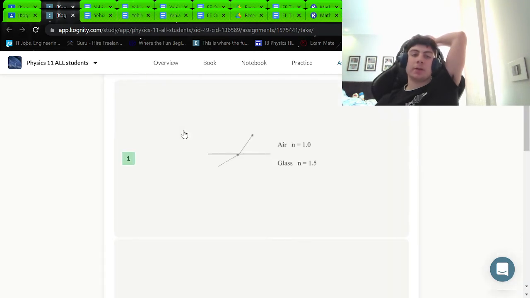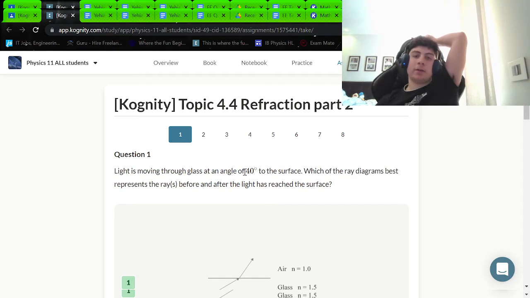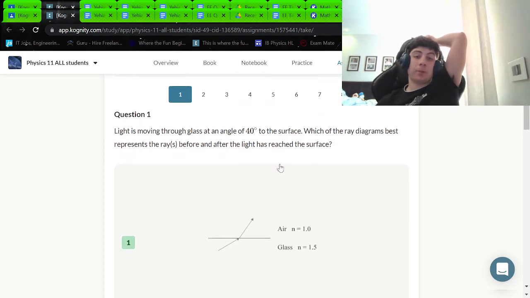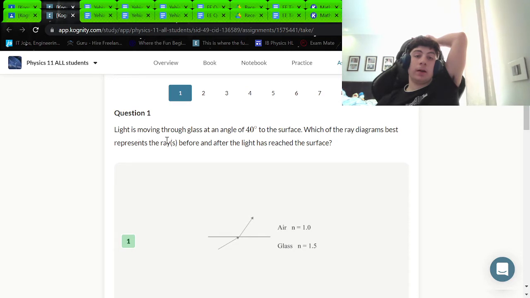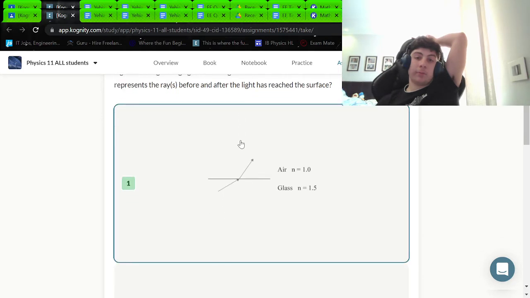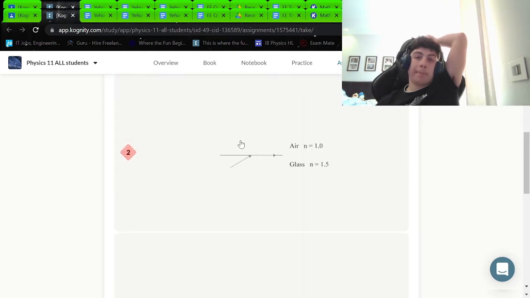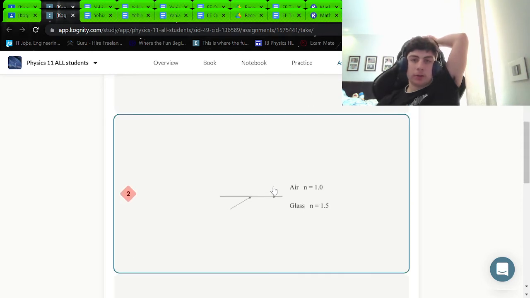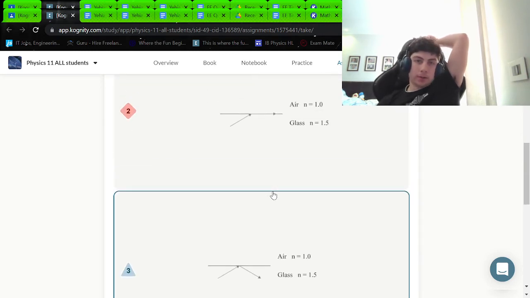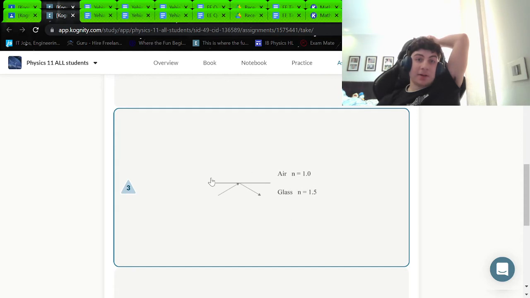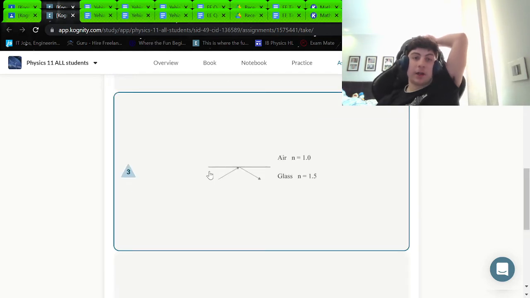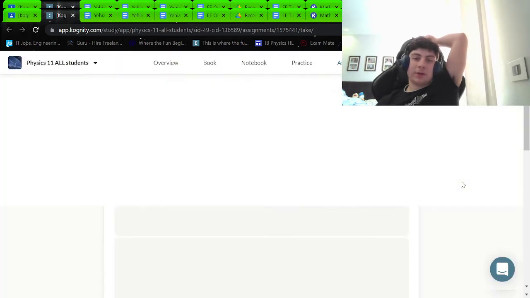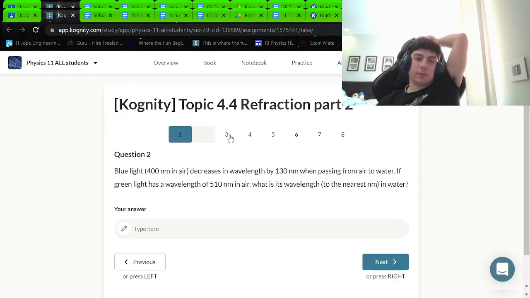Let's do the paper 1 questions, actually. So light is moving through glass at an angle of 4 degrees to the surface. Which of the ray diagrams best represent the ray before and after the light has reached the surface? Could total internal reflection happen? Yes, right here. I'm gonna guess total internal reflection is gonna happen. Could be wrong, but